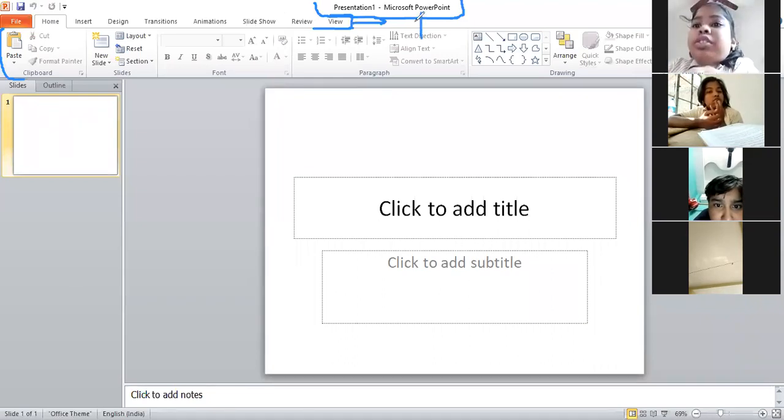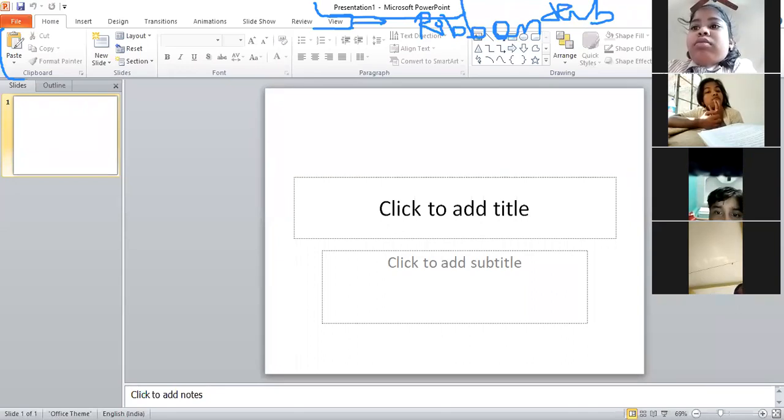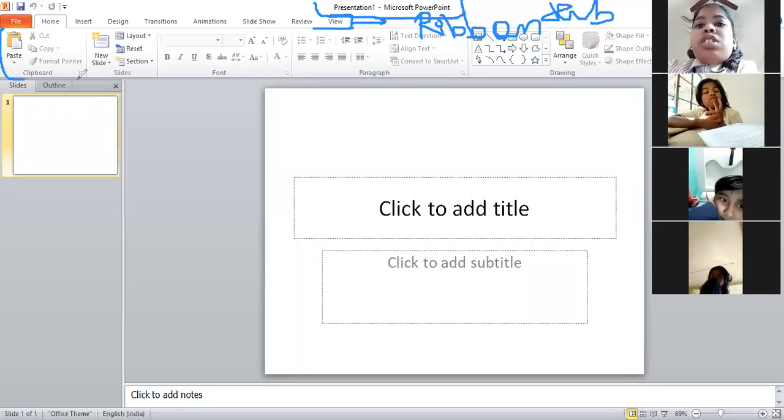This is ribbon tab. And these parts where you can see paste, cut, copy, format painter, new slide, layout, reset, and so on options. These are known as ribbons.